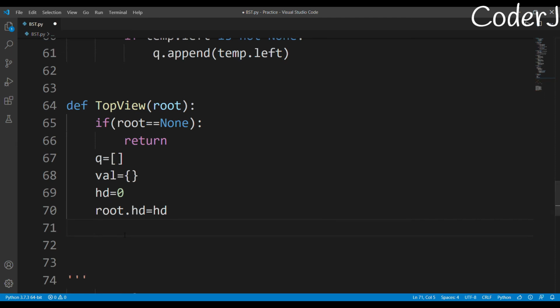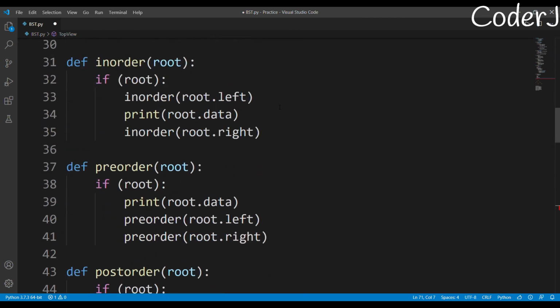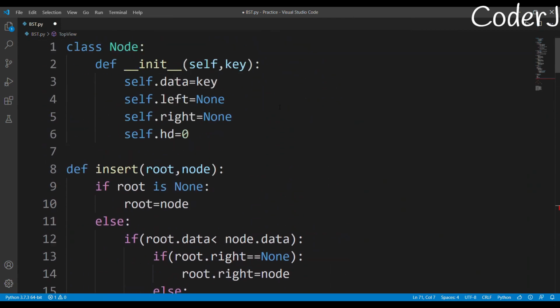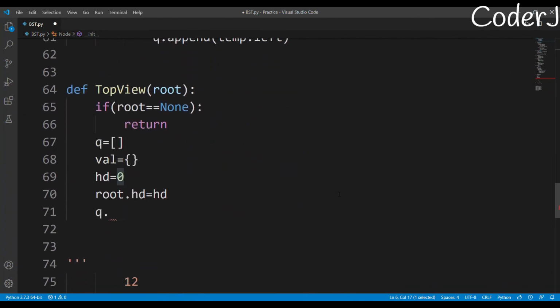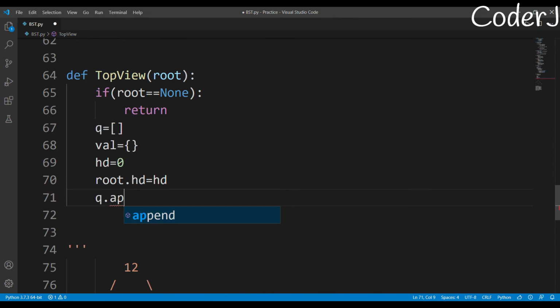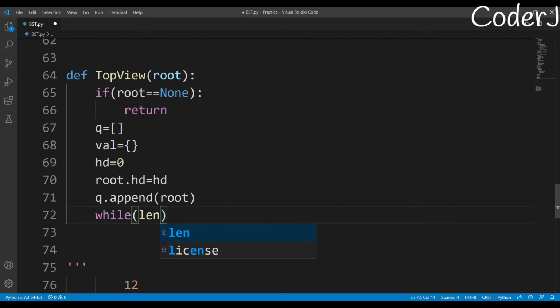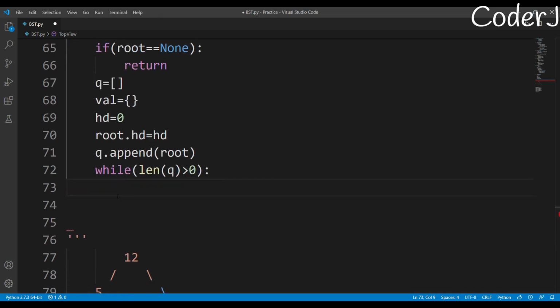So what I'm trying to do is simply, even if I don't write this line, it doesn't matter, because initially my HD is 0, but in some cases we don't initialize it. So just for those cases I'm writing this. So q.append, now starts my main code. q.append(root), I have appended my root. Okay. Now I'll iterate till when? Till the time q has any element left, till that time I'll keep on iterating. So this is just a normal BFS traversal, right? I hope this is clear. Okay. So while len(q) is greater than 0,